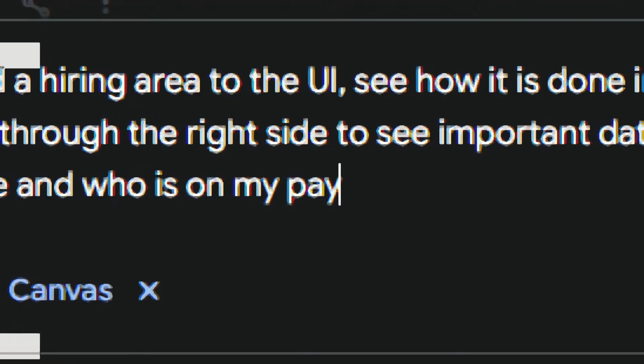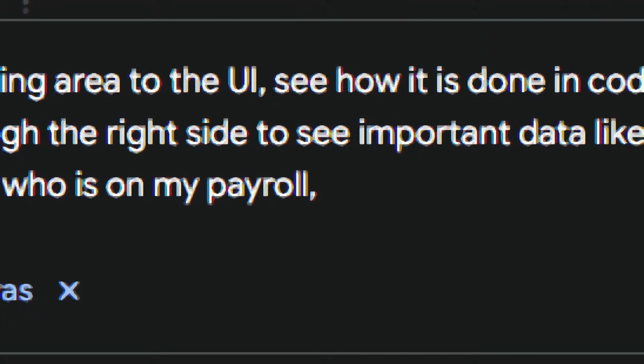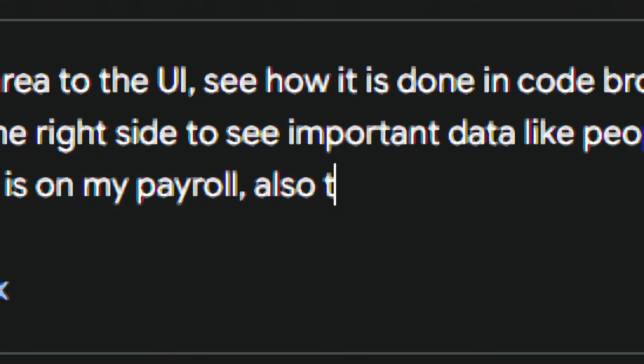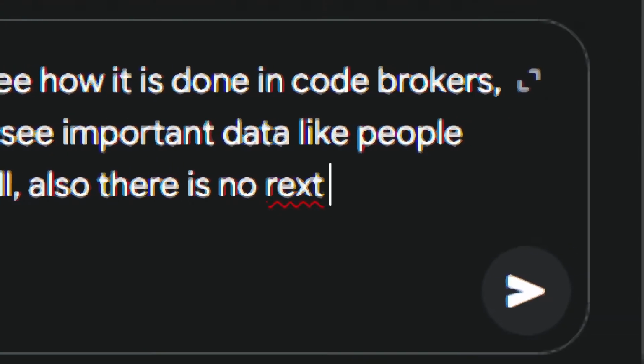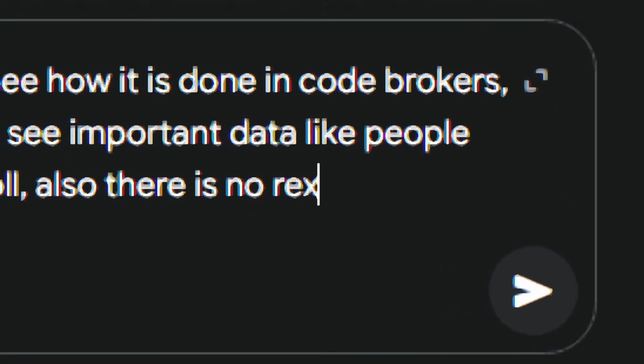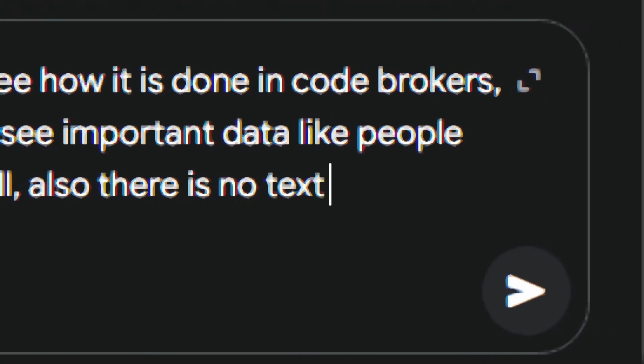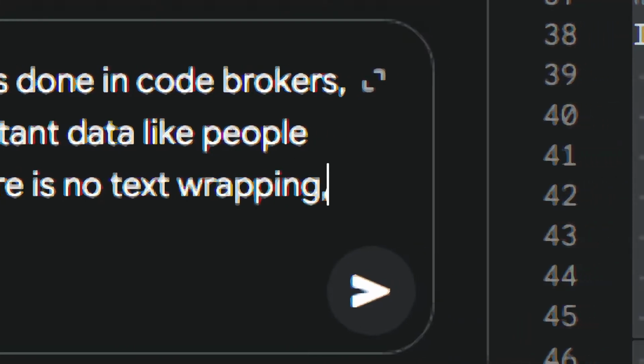Also, there is no text wrapping, which will help if I spell text right. Text wrapping,